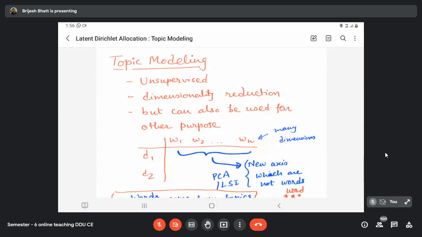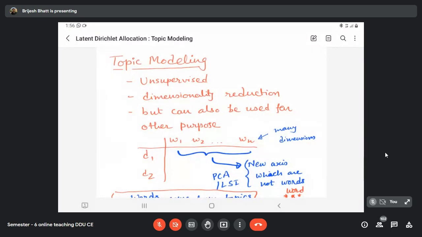It is an unsupervised learning algorithm used for dimensionality reduction. It can also be used for other purposes like clustering, document categorization, or keyword extraction from the document, and semantic relatedness between the words also. It has particular application in text processing. This is the outcome of the very famous research work of David Blei. He's still a very active researcher, so you can see his videos and notes on YouTube on this topic and also on other topics.